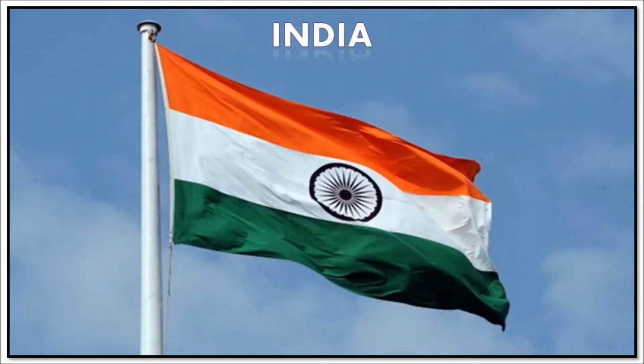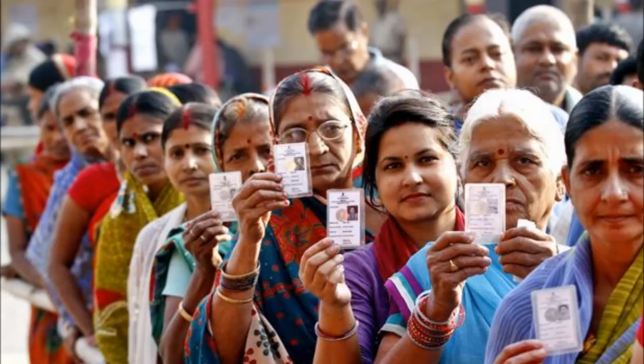Thus, some basic values were accepted by all the leaders much before the Constituent Assembly met to deliberate on the Constitution. The Indian Constitution adopted many institutional details and procedures from colonial laws like the Government of India Act 1935. Elections were held in 1937 to provincial legislatures and ministers all over British India.